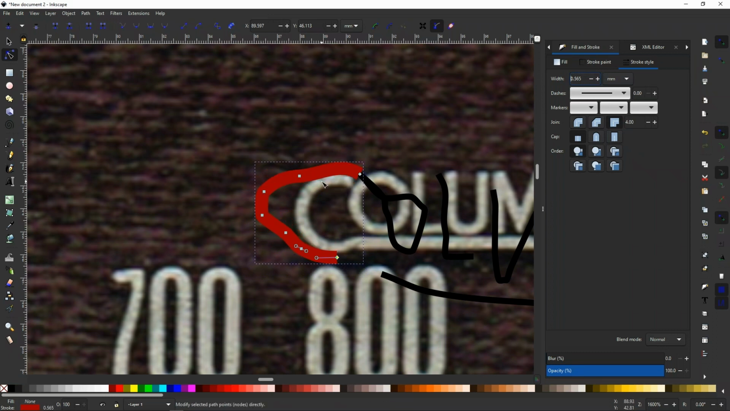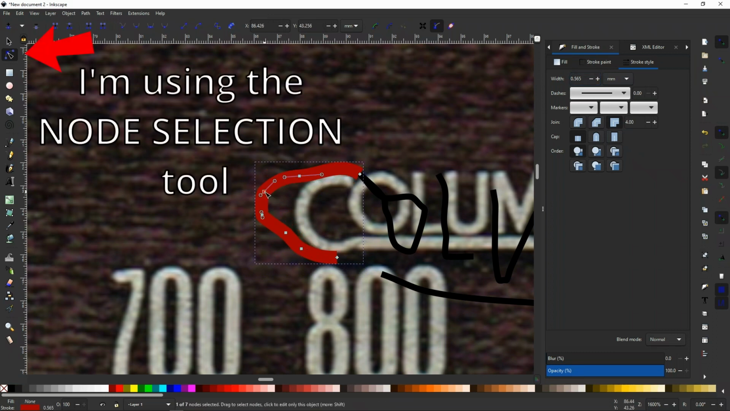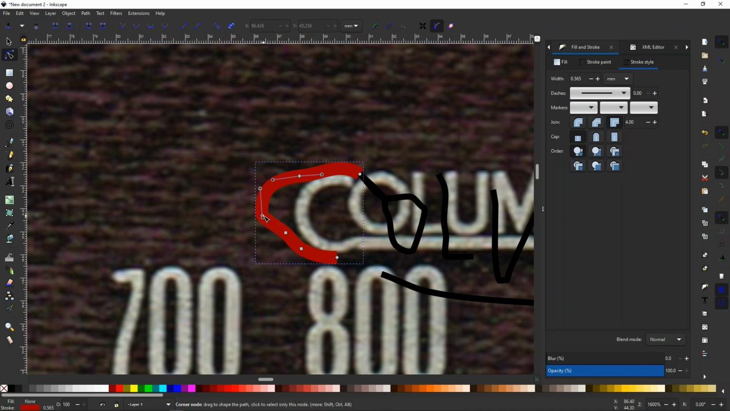So this C is clearly not useful to us. If we click on that node and I hit delete on the keyboard, I can get rid of it. I click on this node, hit delete on the keyboard, I can get rid of it. In fact, I can probably get rid of this one, and this one, and probably this one. And then I could move that node to there, that node to there,